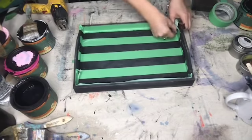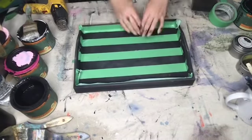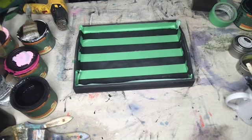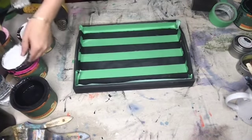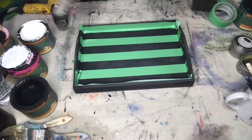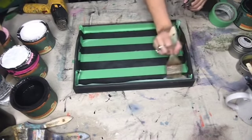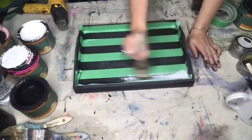Now, I gotta tell you, I could go all kinds of colors on here right now. I could do anything with the black. Here's the point where you go, what kind of color do I want to do? I could put green down here, teal down here, anything I want. I'm going to go with what I think about when I think about witch striped socks, right? So I'm going to add a little bit of my vintage white here. Let me get a little bit off, and I like to offload. And now what I'm going to do is take a shabby chip brush,